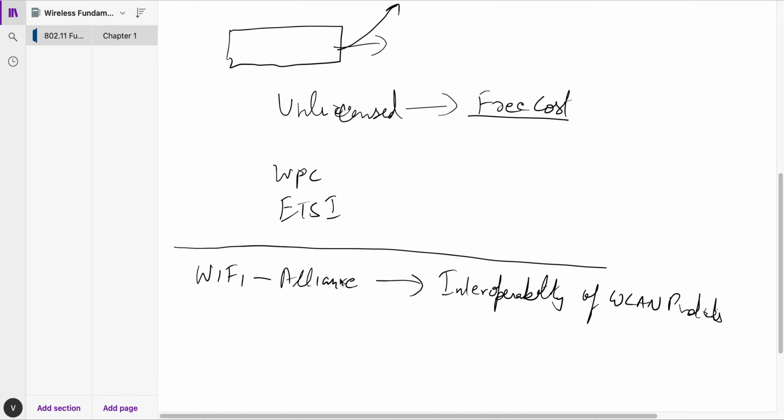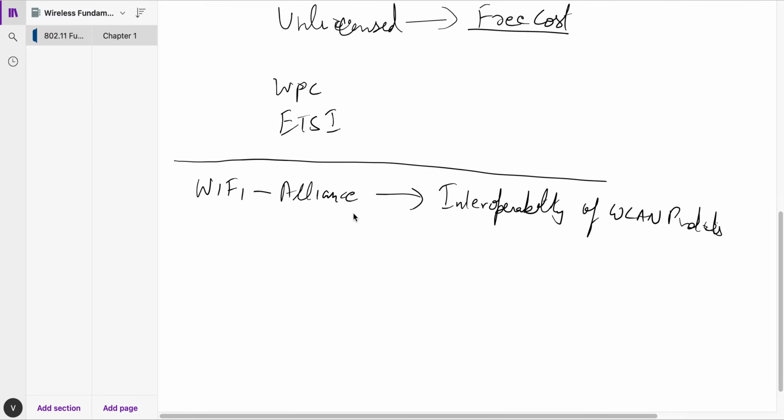and if I launch a Wi-Fi access point, it needs to go through a Wi-Fi Alliance certificate for it to be sure that yes, this AP or this access point can operate with other Wi-Fi products in the market, like an Apple phone or a Samsung smartphone or a laptop or any other product out there in the market. They follow some basic standards of IEEE, and they perform absolutely well and they abide by all the rules. That is something which is told to us by Wi-Fi Alliance.